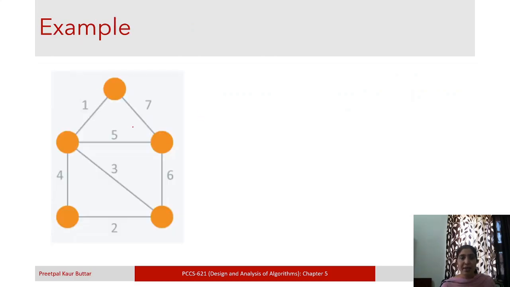So let us take this example, and first we will take Prim's algorithm. Okay, so this is the graph which is given to us. Prim's algorithm is saying that start with the minimum cost edge, right? So here 1 is the edge which is having the minimum cost, and then it is saying that grow it into a minimum spanning tree, right?